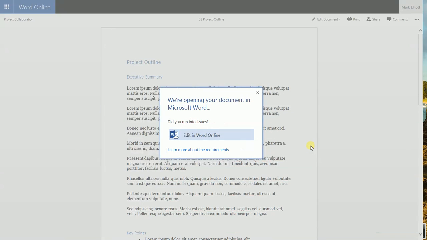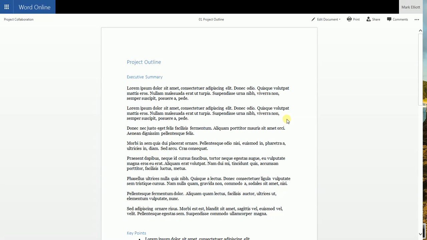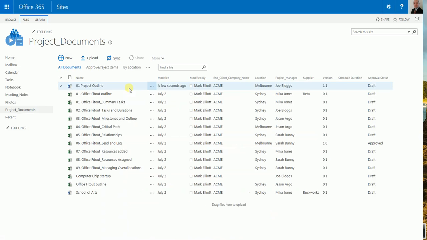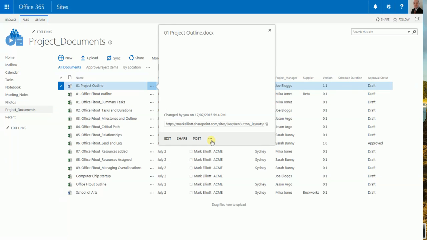Now what that means is by putting in a consistent version policy, we have consistent numbers when it comes to versions throughout the organization. I'm just going to return to here, and you can see it's now revved up to version 1.1. But let's say I want to look at an earlier version. So if I click here,